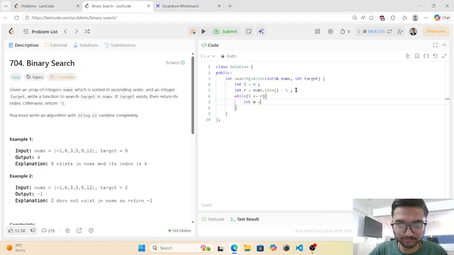And create integer m for the middle value, which runs whenever we start the while loop, and it changes, and its value is the integer of L plus R by 2. Then second, we check if nums of m is equal to target, then we return m, where m is the index, otherwise else